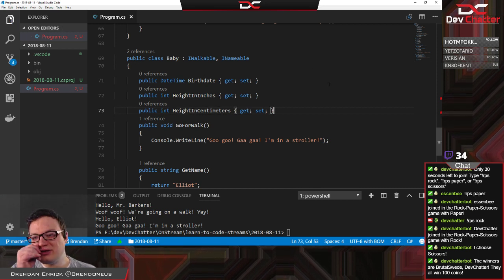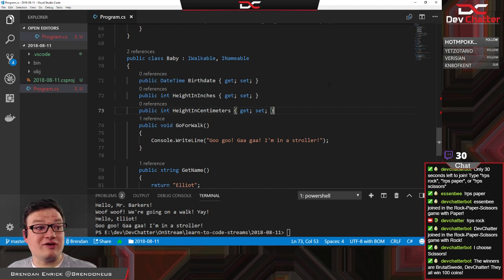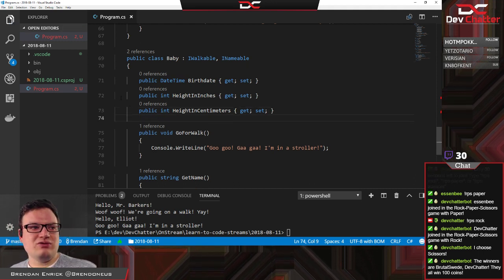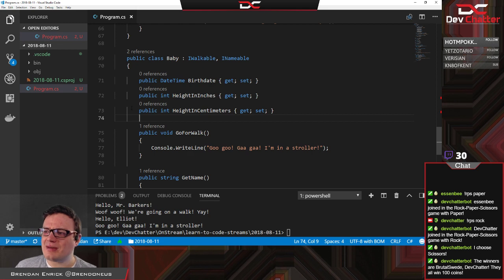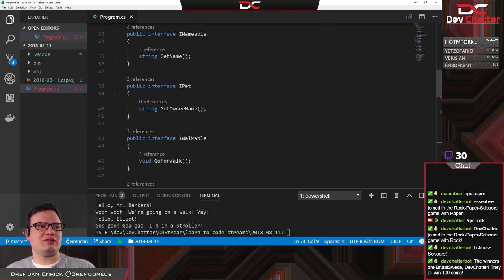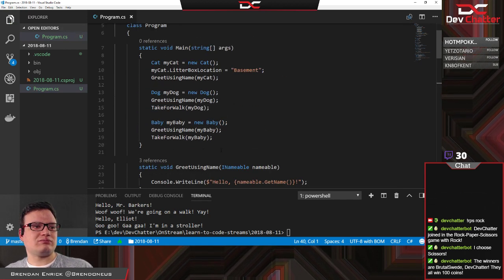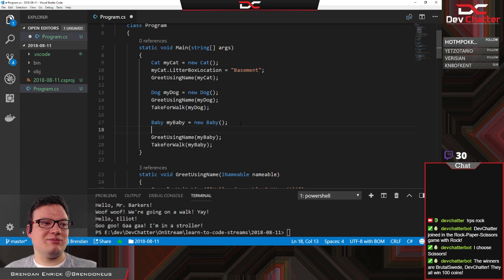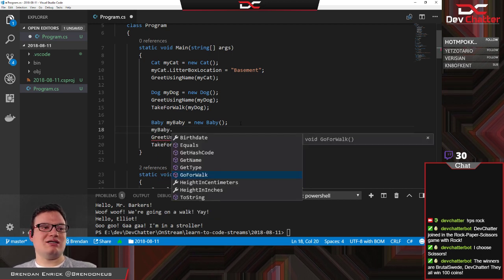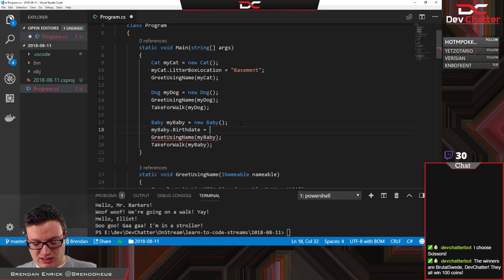Either one of those would work pretty well. I can use both, I can use either, and those add data to my object. So I could create a baby with those. I'm going to get rid of this value on the pet because I don't want to deal with that right now. But I could come down here and say my baby dot birth date equals